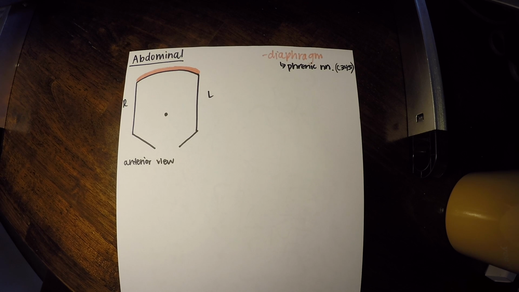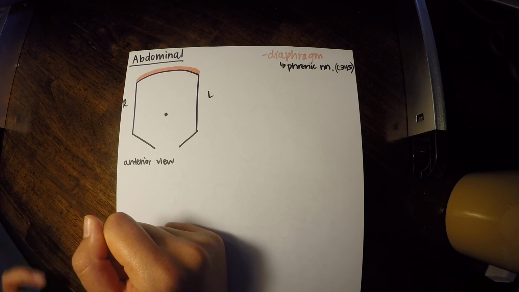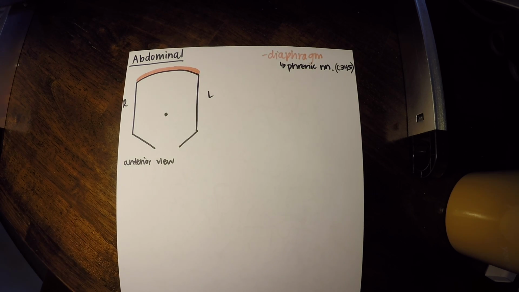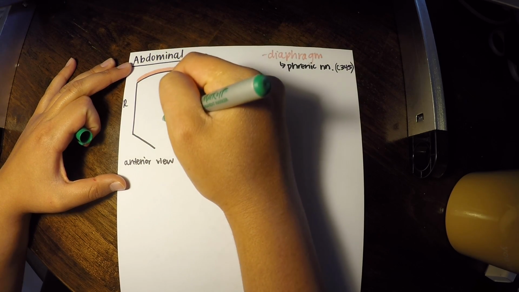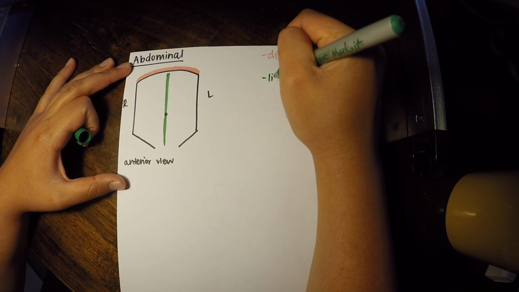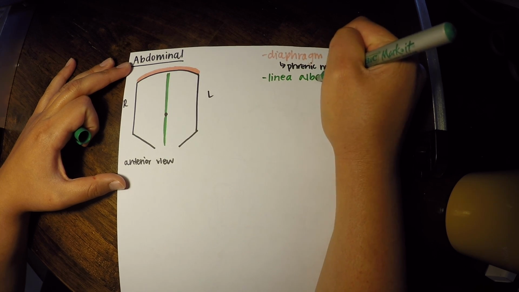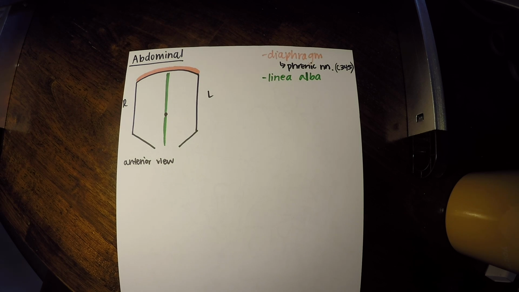Now we kind of have the roof of the abdomen, but let's label a couple different structures. The first one, well, I already told you, is your belly button or your umbilicus, but I also just want to draw a line down the center here because there's a white line that goes down the center of the belly, and that is called the linea alba. The linea alba is not a muscle, but I just want you to be able to recognize it when you see it on a model or on a cadaver or anything like that, because it's a point of attachment and where some of your abdominal muscles will come together.